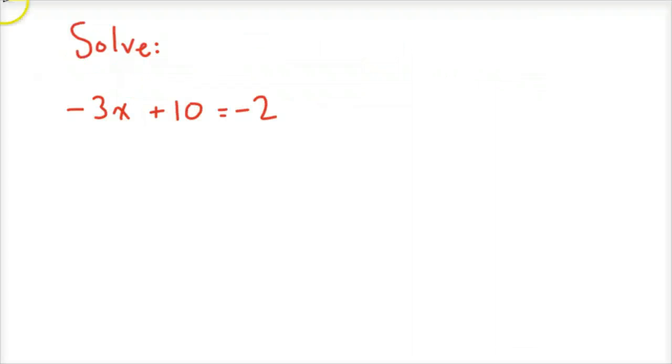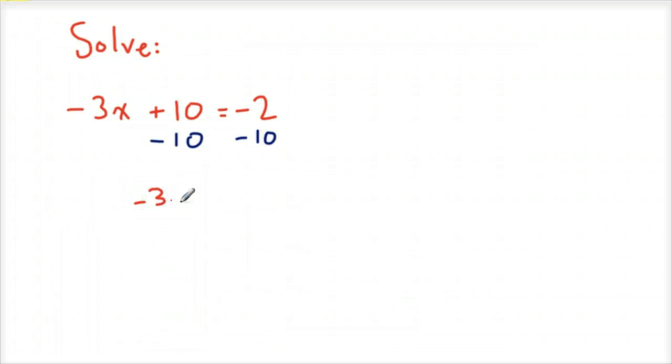Okay, moving on. Now we're going to get into some algebra. So now we're actually going to be doing some of the solving. So I want to solve for x. The best way to do that is by isolating the variable, so I get it by itself, which means I'm going to clear everything over to the other side of the equation. So I'll start by subtracting 10 from each side,